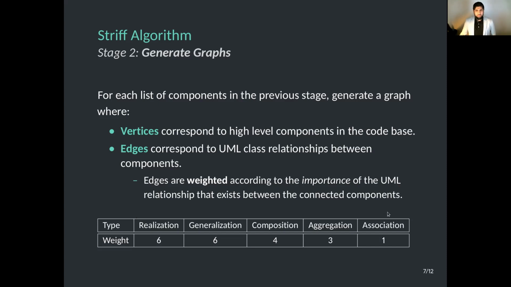Now, the weighting we've used here is very interesting. Basically, what we've said is that from an architect's point of view, from someone who's trying to understand the object-oriented properties of this architecture, these relationships are more important than other ones. So we'd be more interested in understanding the interfaces that are implemented and the classes that are extended versus a simple association relationship between components. All of this is subject to further research. We've come up with these values based on an initial best estimate, and we're hoping that in the future we can iterate over these values by getting feedback on the diagrams themselves.